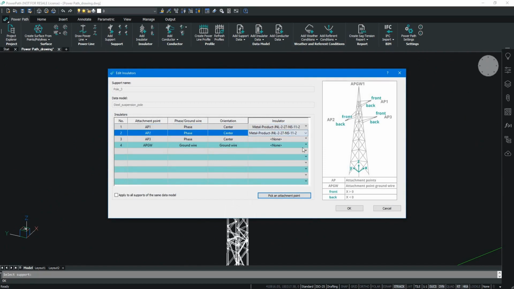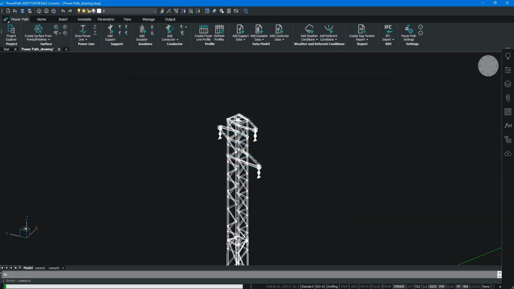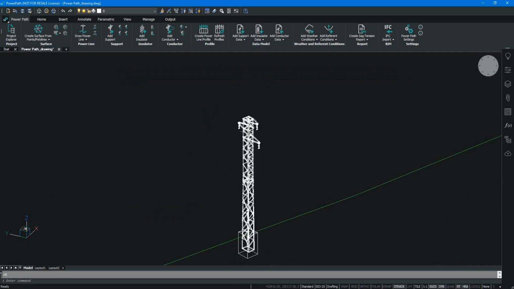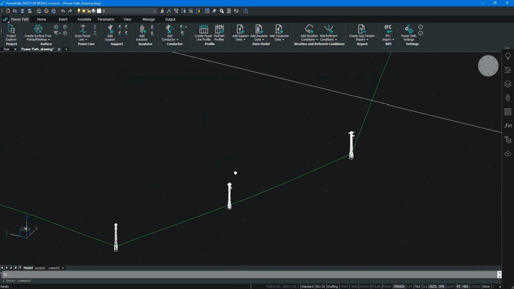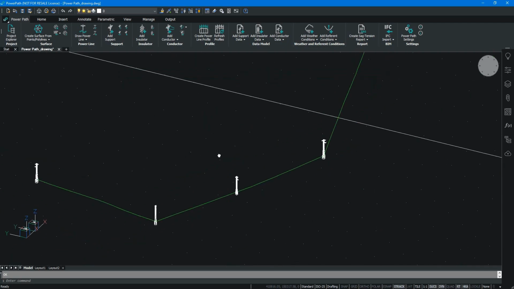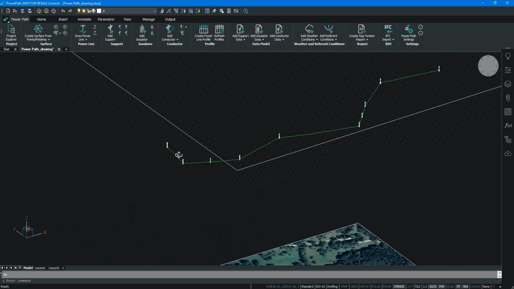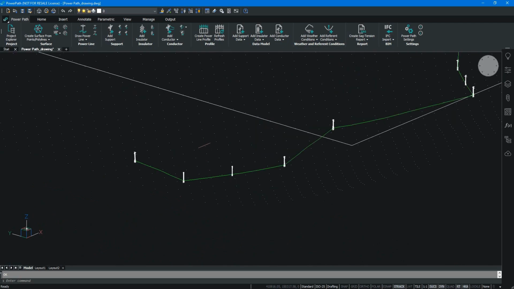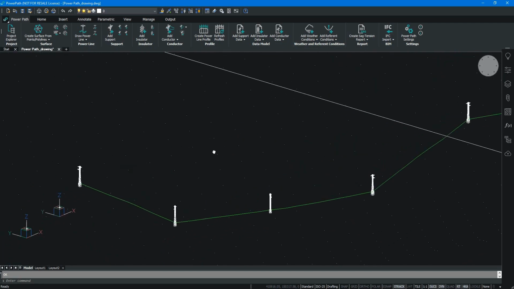You can apply all these insulators for all suspension supports. Once confirmed, you can see that insulators have been added for the suspension supports as well. After we have defined power line, we have added new supports and insulators, and now the next step is to